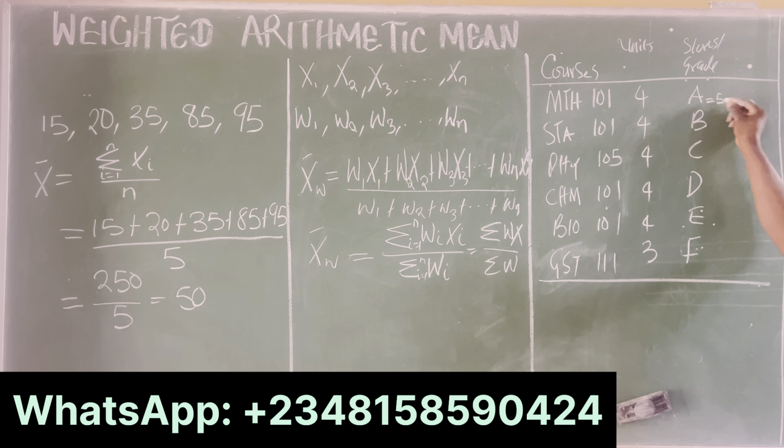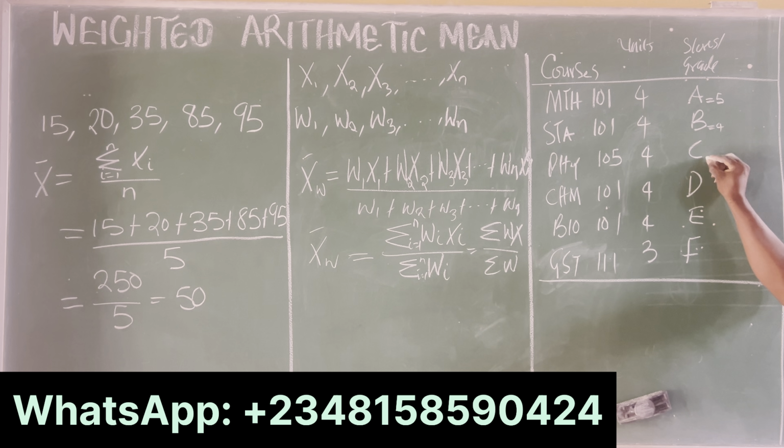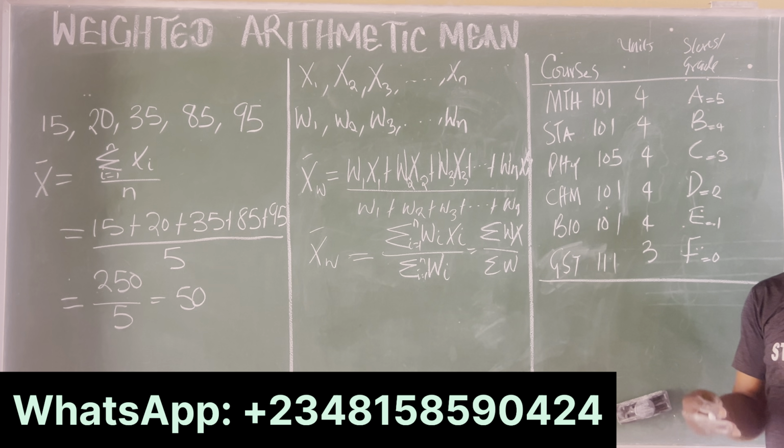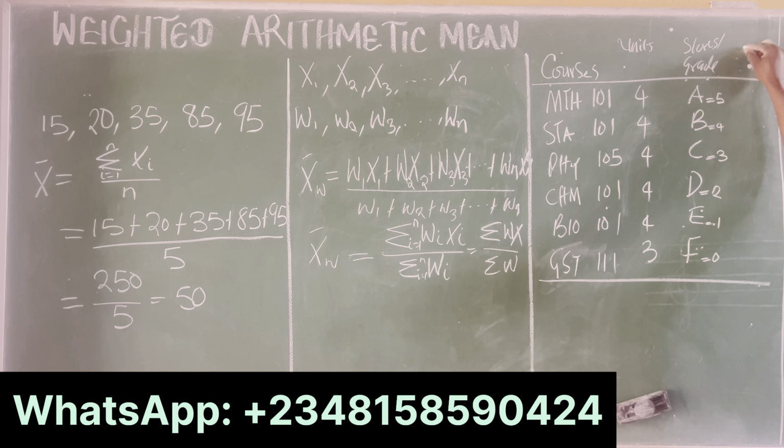5. Okay. B is graded as 4. C is graded as 3. D is graded as 2. E is graded as 1. And F is graded as 0. We are considering a 5-point grading system. And so that will mean that our Wx, note that